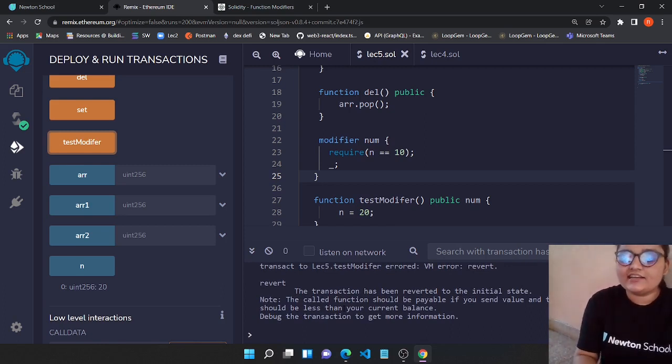It didn't carry out this transaction, and this transaction was not successfully executed. So this is how you can use a modifier. You can basically have a check on a particular function, on whether this function needs to be executed or it won't be able to execute.